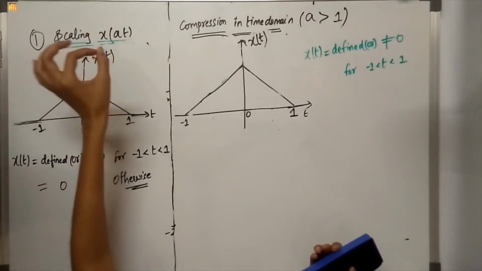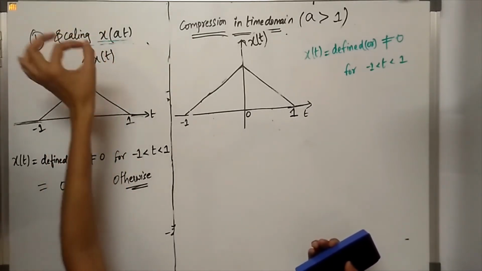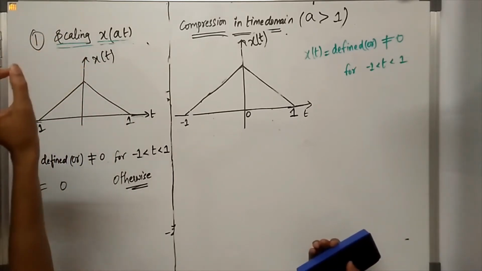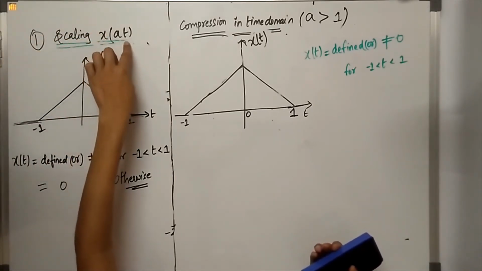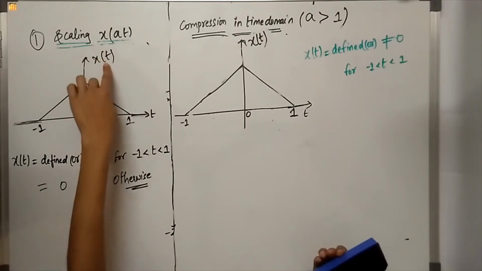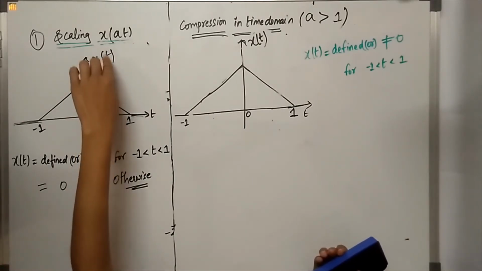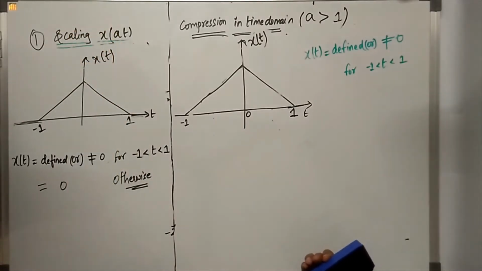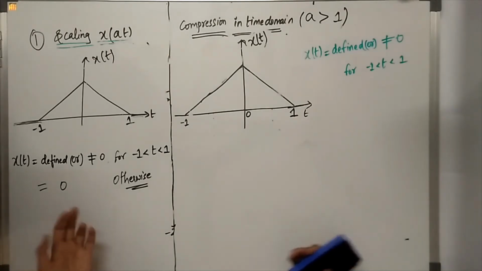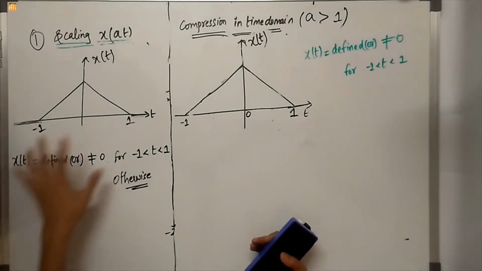Just replace the independent variable t by some constant. The independent variable, you have to scale it by a constant a. Then what we get is a scaled signal. Okay. Now x of t